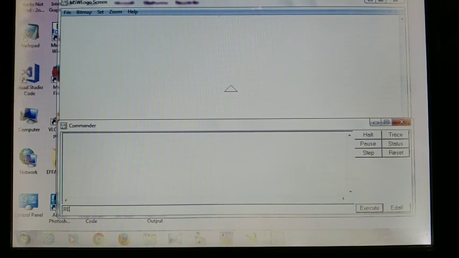REPEAT space 5, opening square bracket, FD space 100 space RT space 72, then close the square bracket and press enter.